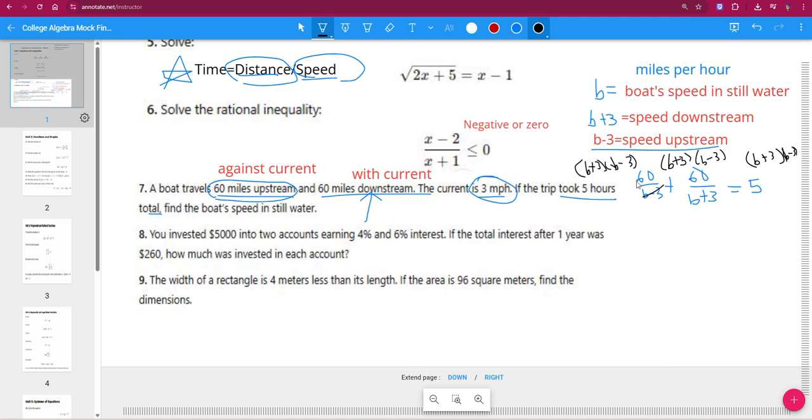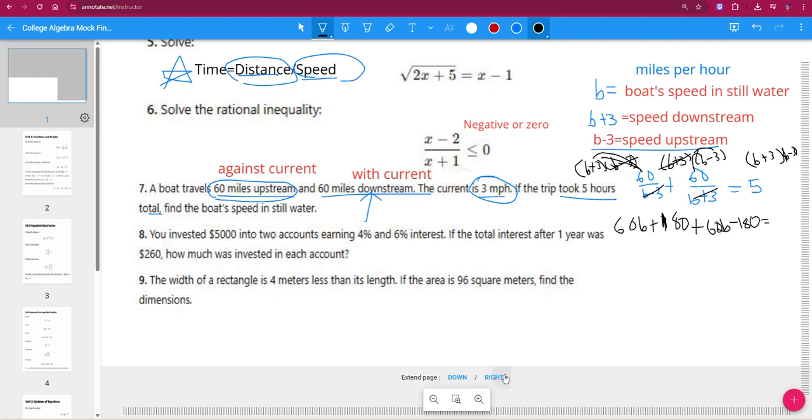Because here, the B minus 3's cancel out, and I'm going to multiply 60 by both of these, so that gives me, I should do this one first, sorry, 60B plus 180. And then the B plus 3's cancel out, distribute the 60. That gives me plus 60B minus 180